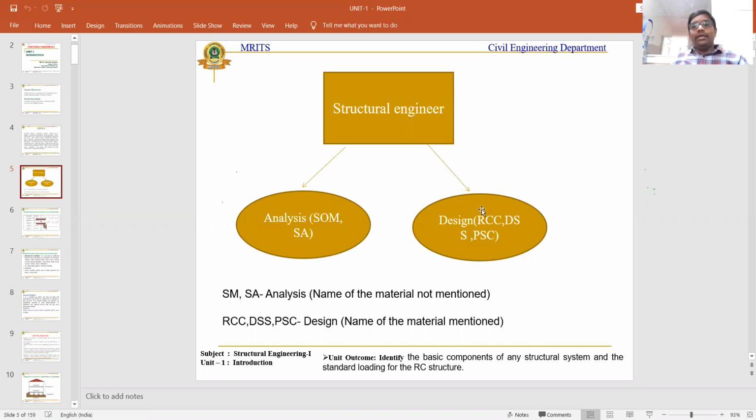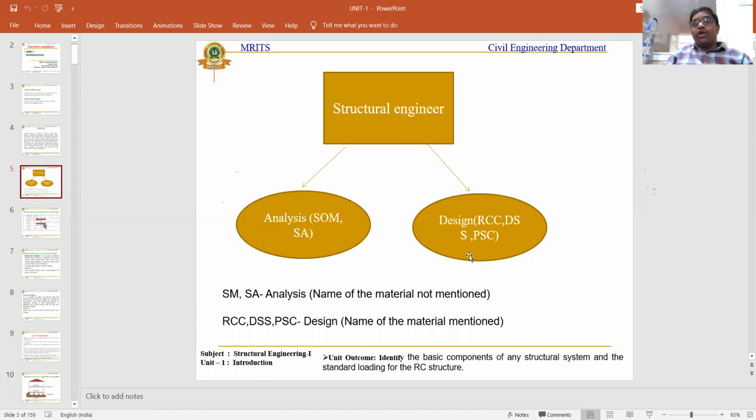After that, you can go through the designing of the RCC structure. For designing this, we must study a subject called reinforced cement concrete structures, or structural engineering one. Thereby you must know the behavior of materials and how the RCC structure can be designed. Are there any guidelines to be followed for designing these RCC structures? Yes, for designing these RCC structures, you must follow the guidelines of IS 456 2000 for the design of RCC structures like commercial buildings and residential buildings.